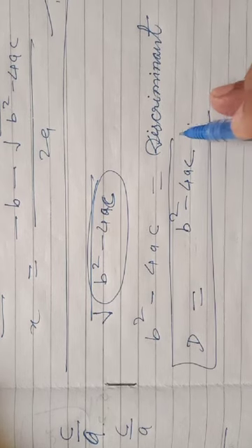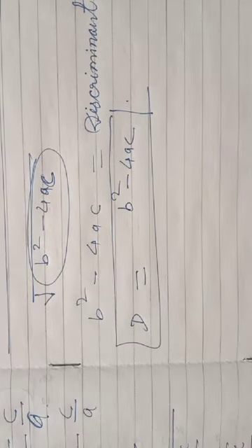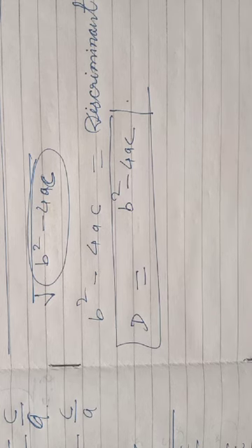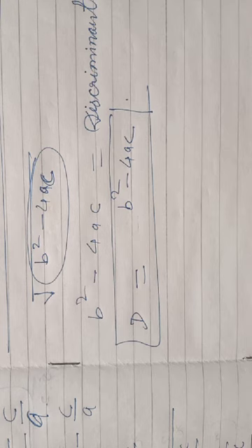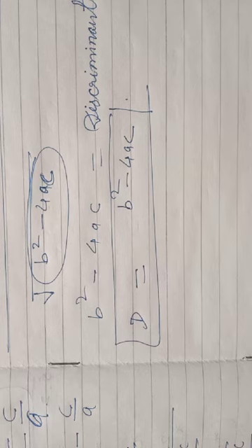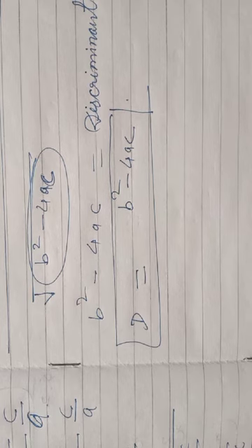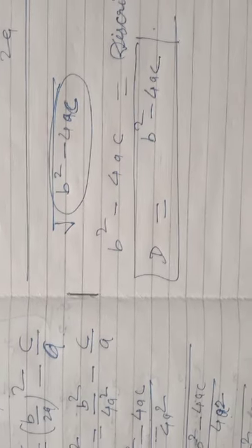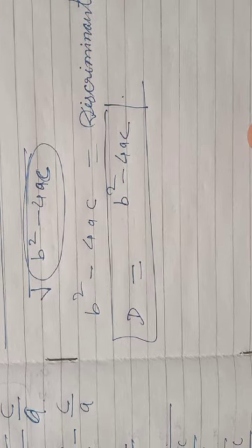And what is d here? Discriminant of the quadratic equation, and that discriminant decides the nature of the roots. Nature of the roots means whether the quadratic equation has real roots or no real roots, or equal roots, like that. So what are the conditions to decide the nature of roots in a quadratic equation? You should know here properly.